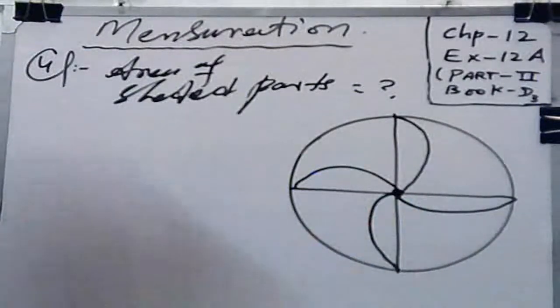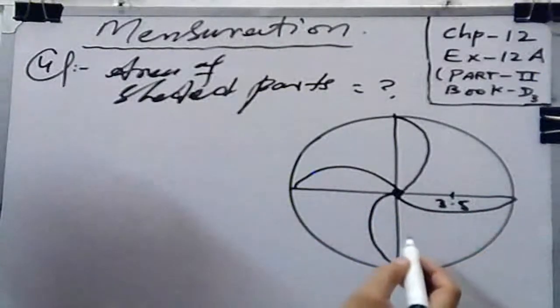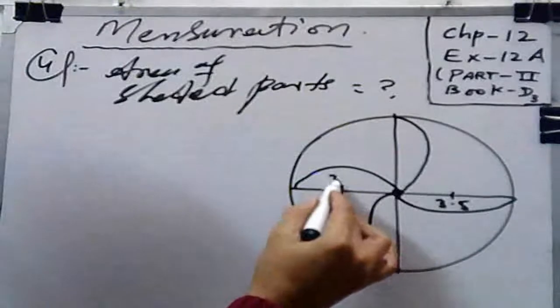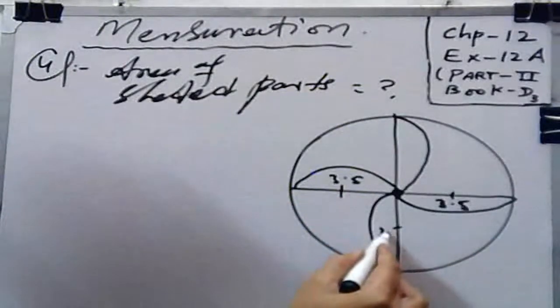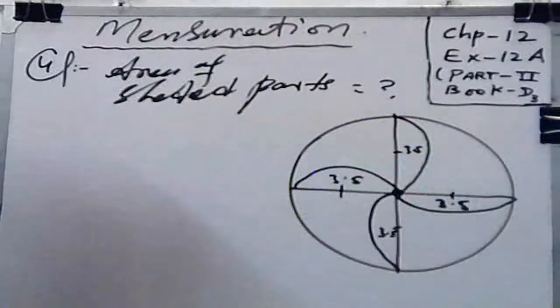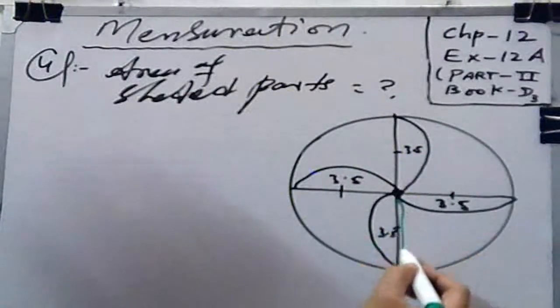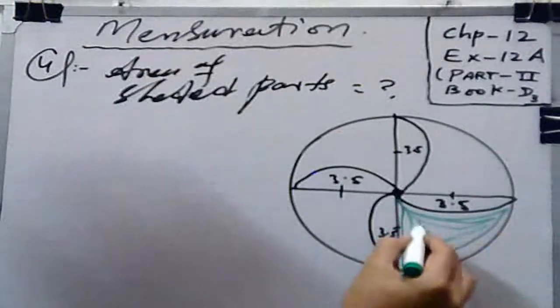Now we have to find the length. This one is 3.5, and also this one is 3.5, and also this one is also 3.5, and this one is also 3.5. We have to find the shaded portion. We have to draw the shaded one. This portion, this one is your shaded one,